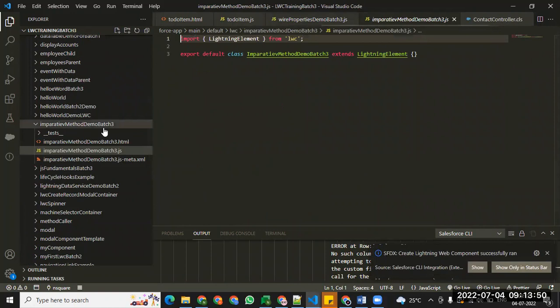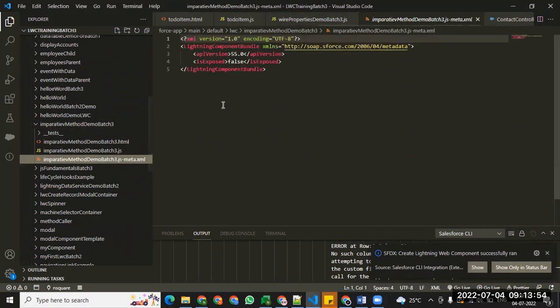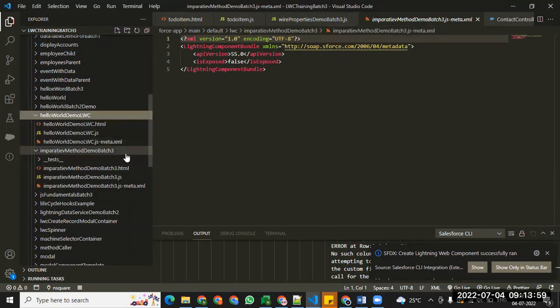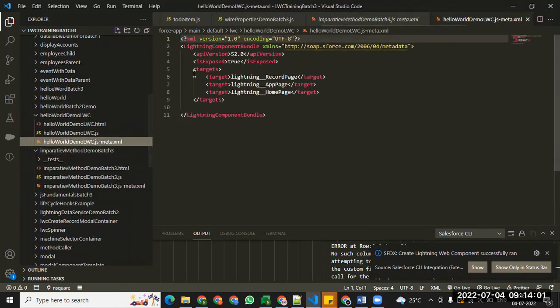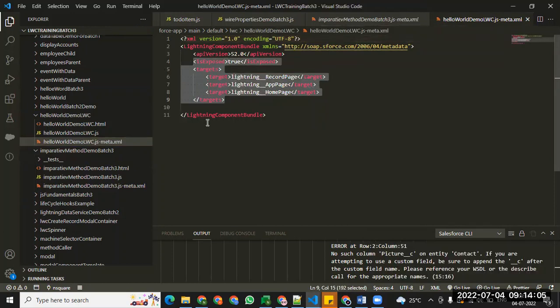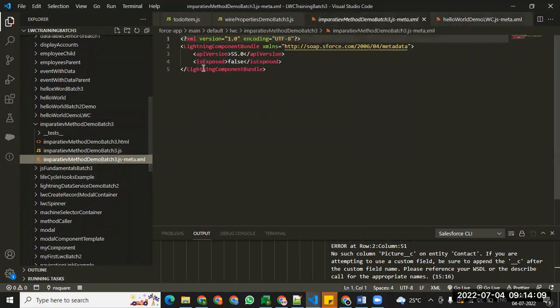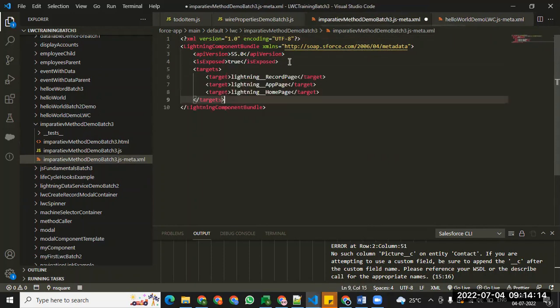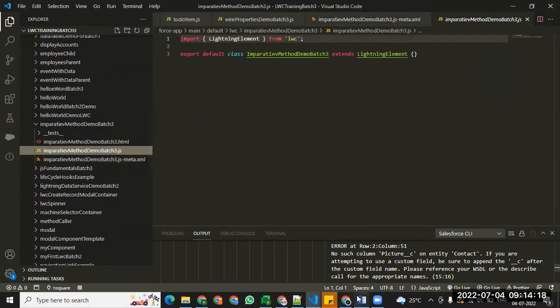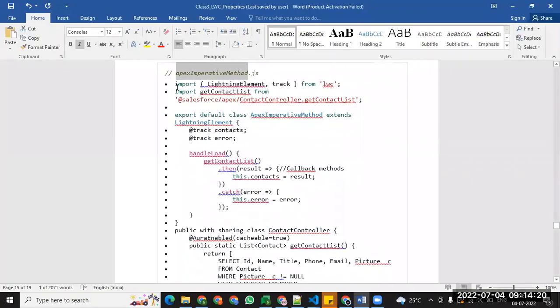Again, we follow the same steps, and it will automatically create these three files for me by default. To make it available, first make sure that you put this. So I'm just copying those and putting it here. Okay, so in the JavaScript, what I'll do is